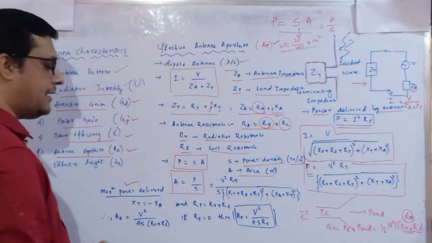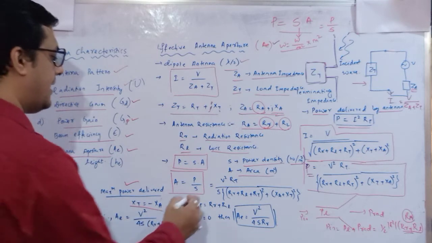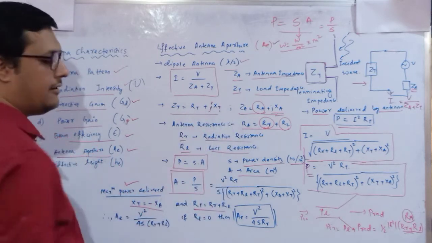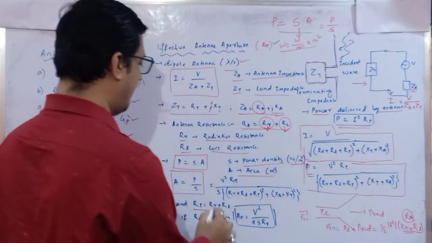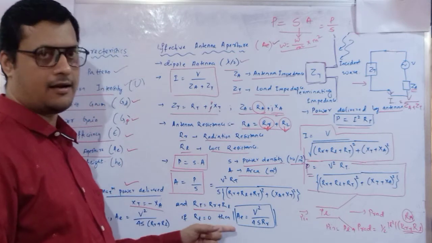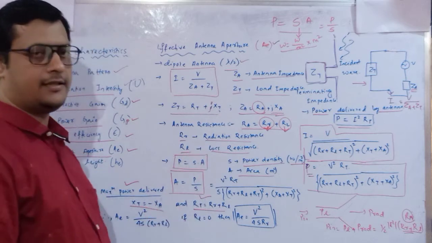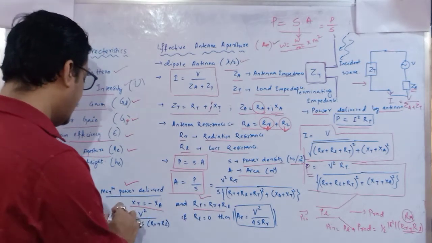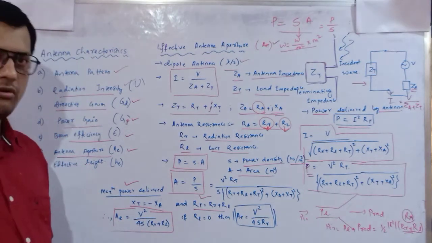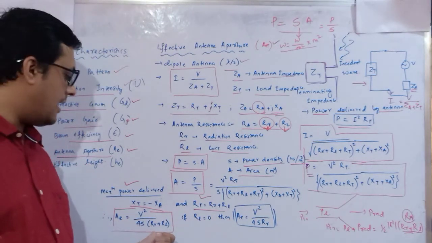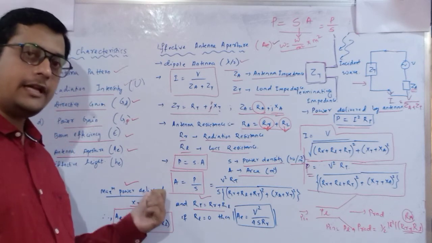So maximum power is delivered when XT is equal to minus XA and RT is equal to RA. What is RA? RA is the radiation resistance and loss, so RL plus RR. That is called RT. Now if you substitute this condition in the above equation, you will get A suffix E is equal to V square by 4S whole into RR plus RL. So this is the effective area